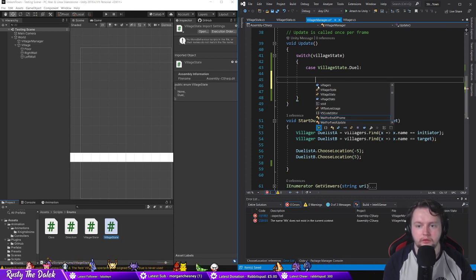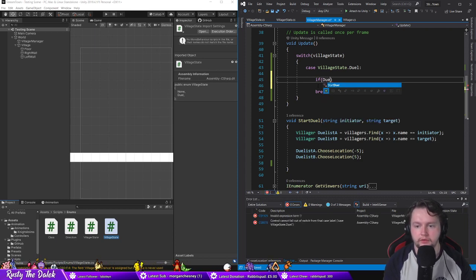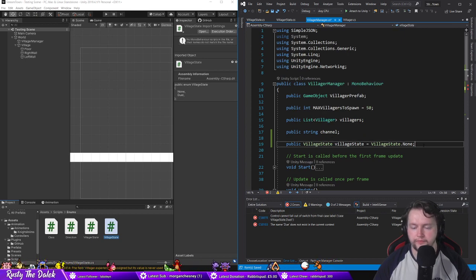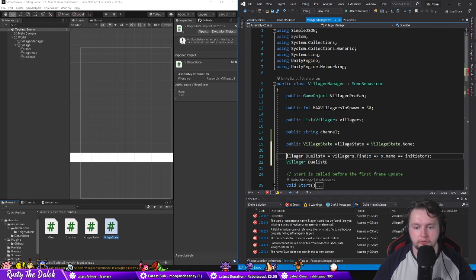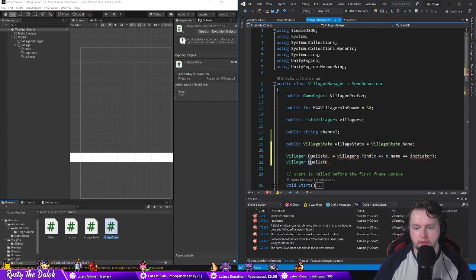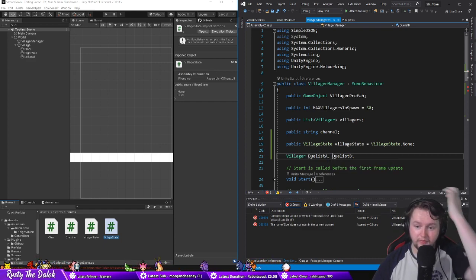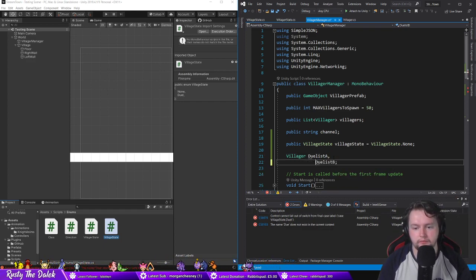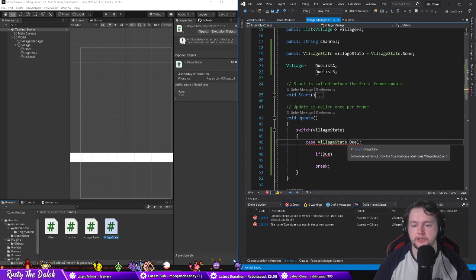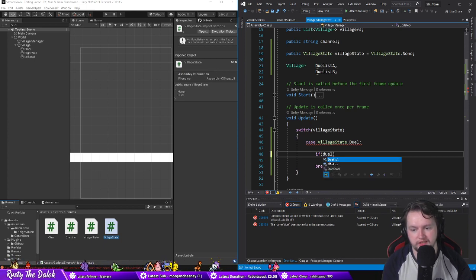So what we actually want is we want these variables to exist within the scope of the class. In the case of a duel, if duelist A